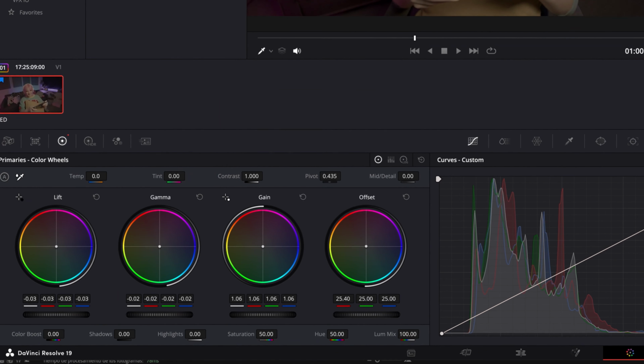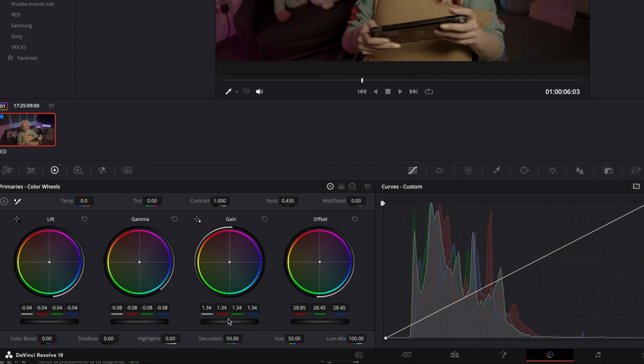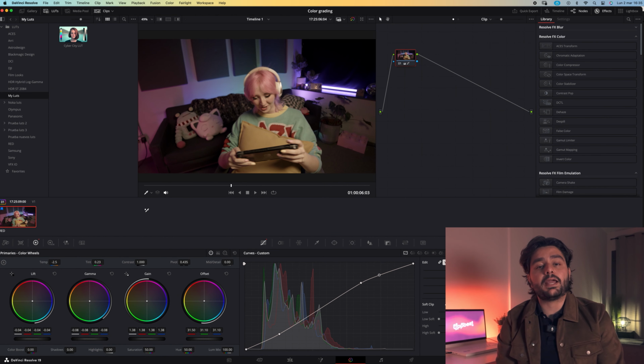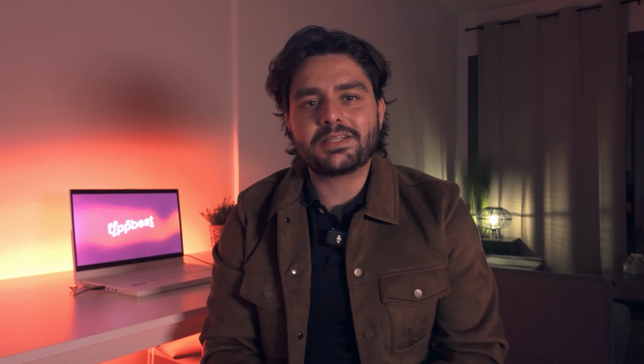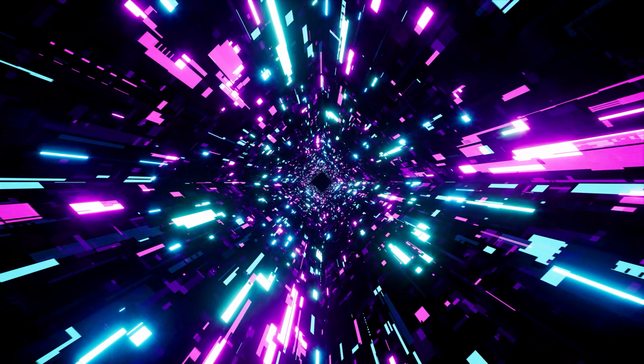First things first, balance your shot by adjusting the exposure, contrast, and white balance. This ensures a natural, evenly lit look before applying your LUT. Then you're going to decide what kind of look would best complement your shot and the story you're telling. For this shot, I really want to tap into a fun gamer vibe, intense pinks and blues, and a cyberpunk